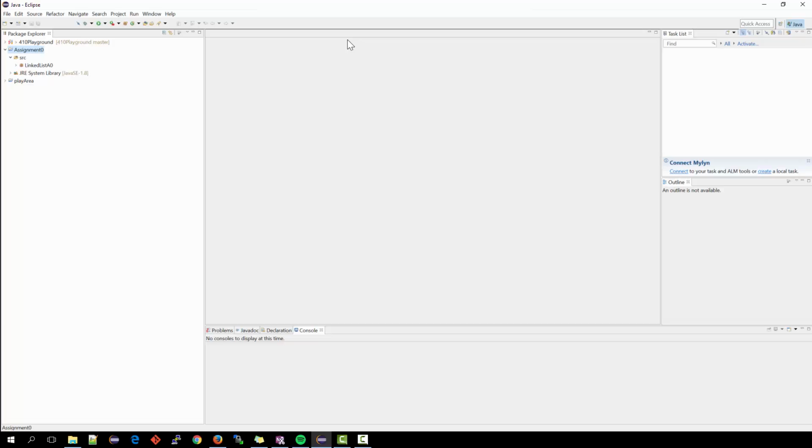Also, there was an issue where people were running into something called an unsupported major minor version. This is just because the jar simply wouldn't run when you're running out of this all tests method. The reason being is you are using Java 7 as your JDK for this project, this assignment 0 project,